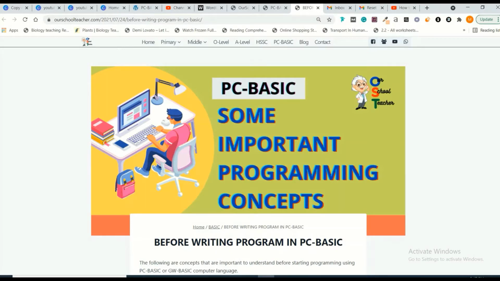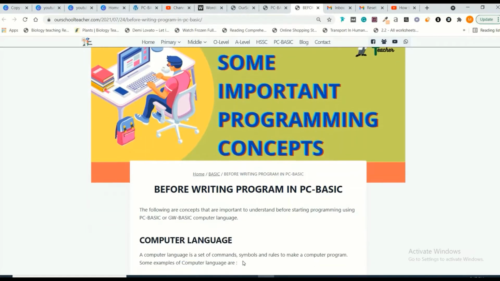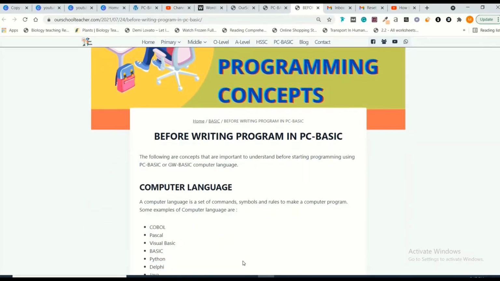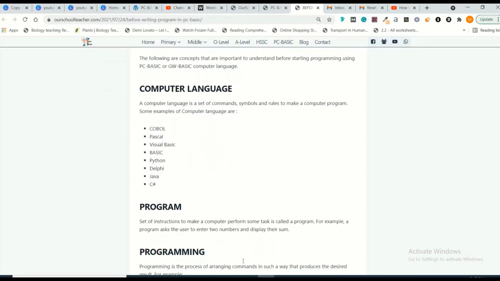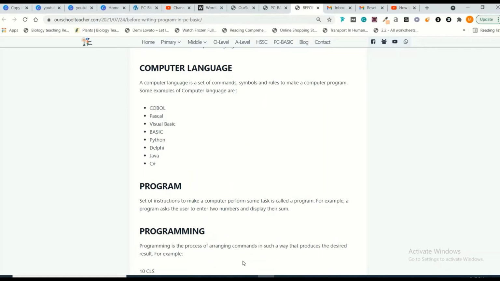Before starting PC Basic, we are discussing here some basic concepts. Before I start working on PC Basic or basic language, I would like to give some basic concepts of what a program is and what a programming language is. A program is a set of instructions to make a computer perform some task.